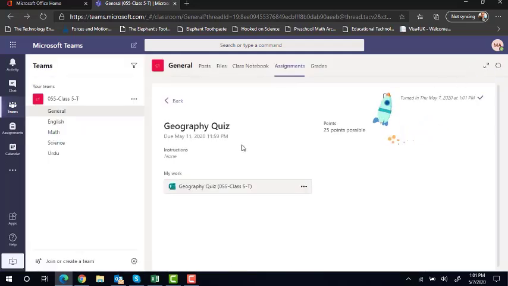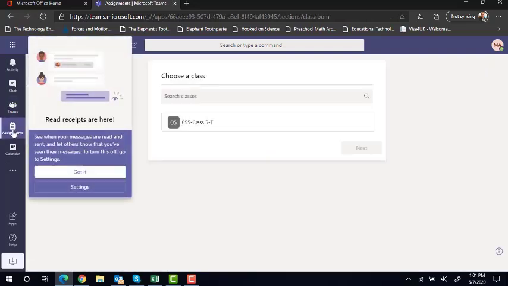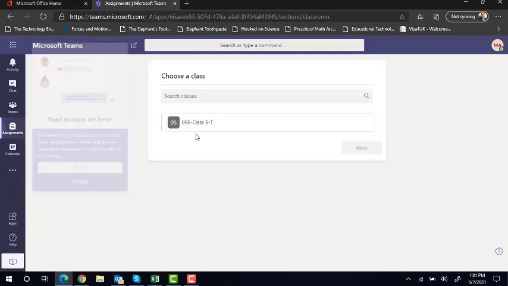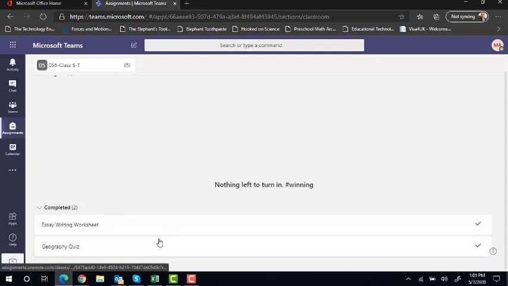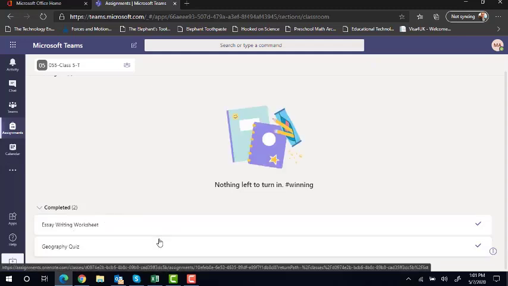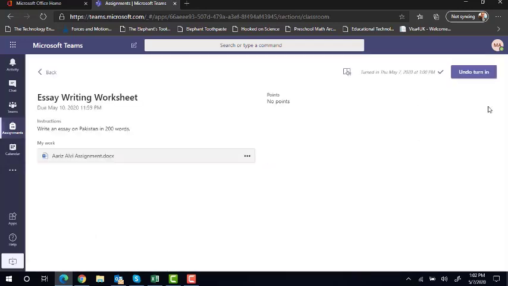Once again, let me remind you that the assignments can be seen from this window. An assignment can also be seen just by clicking this button. So I'm in this class. I click here, so I will get the list of all the assignments which have been given to me. Right now there is no assignment available because the ones which were due, I have already completed them, and I have already submitted them. At times the teacher gives feedback also when she checks the assignment. So if you want to see the feedback of the assignment, you go to that assignment, and here you see the feedback of the teacher, and you can always benefit from it.